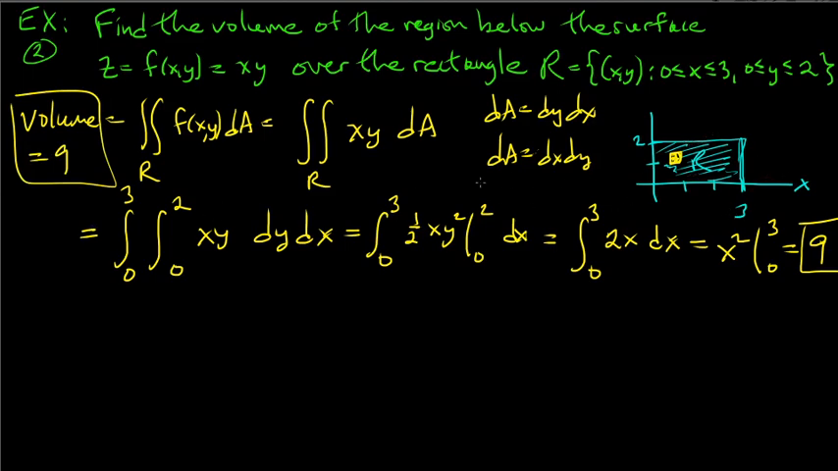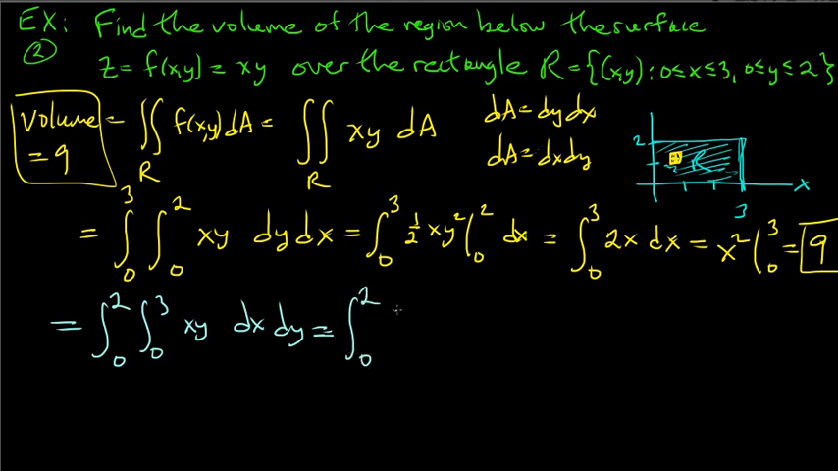Not hard. And just to be adventurous about it, we could do it the other way. We can do from 0 to 2, 0 to 3, same function, but we can do dx dy. So now when we integrate with respect to x first, we get 1/2 x squared times y. But now x is going from 0 to 3, so this is going to be the integral from 0 to 2 of 1/2 of 3 squared, which is 9 over 2, times y. So now we have to do that